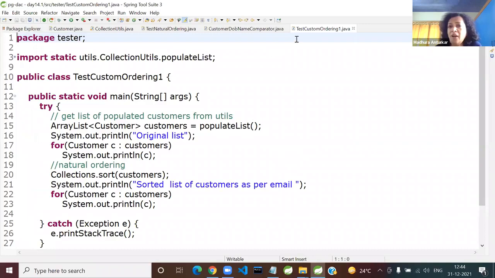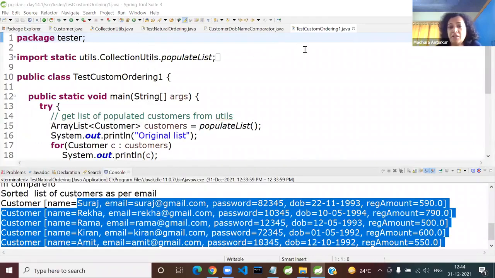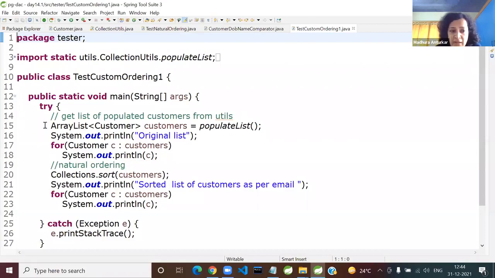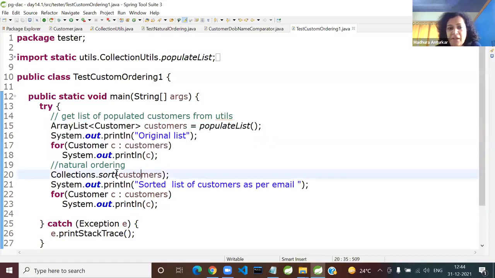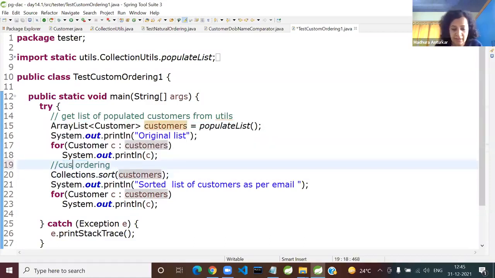And open that. All I've done is copying so far. Nothing changed, and this part is the same. I'm not changing it, which is why I asked you to copy it. And here, say custom ordering.